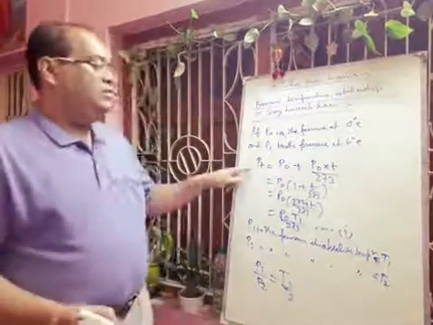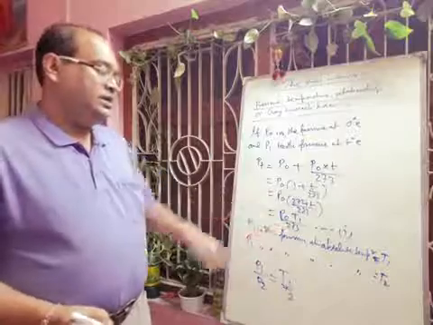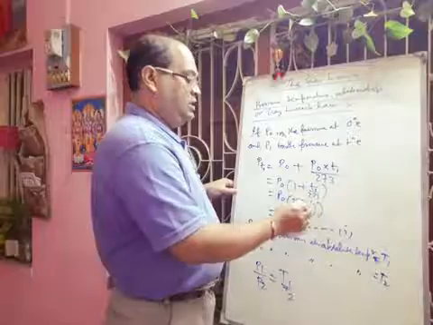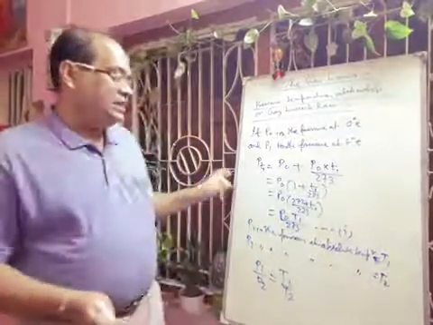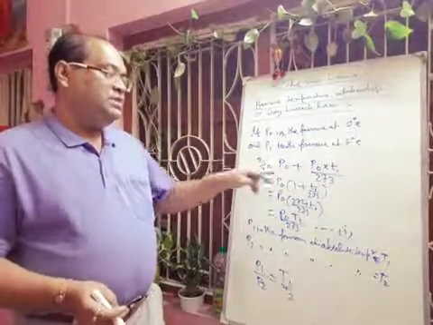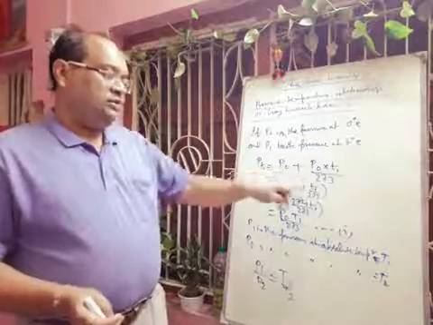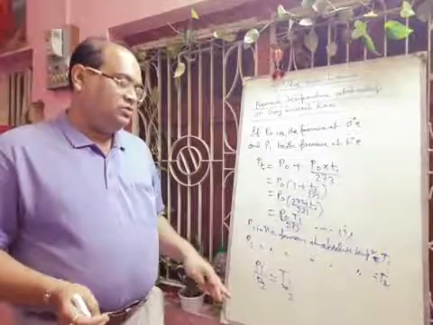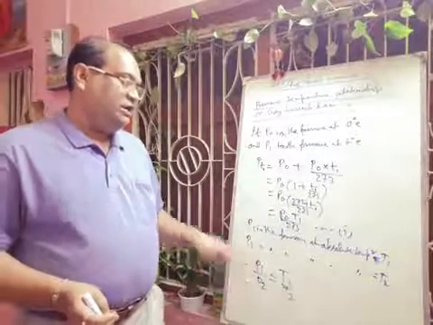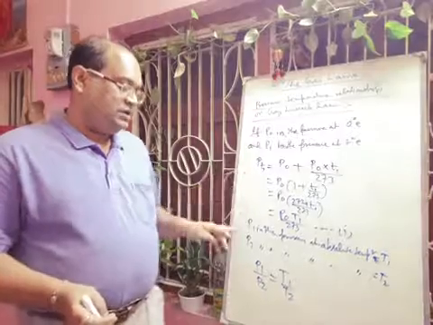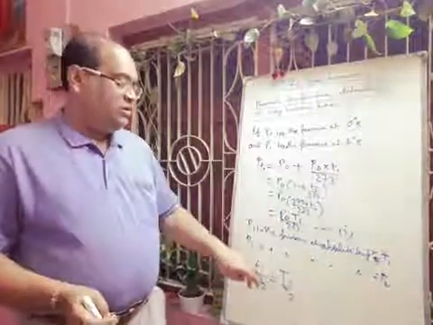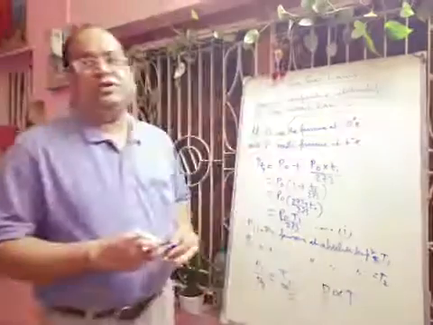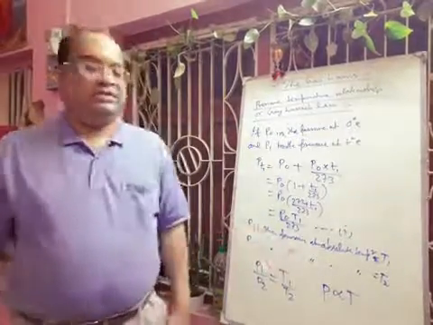From here we have already calculated Pt is equal to P0 into T1 by 273, and if we put here T1, then 273 plus T1 is a capital T1. At another temperature T2, Pt2 will be P0 plus P0 into T2 by 273, finally we will get 273 plus T2, that will be capital T2. Then if we divide 1 by 2, we will get P1 by P2 will be equal to T1 by T2. So from here we can write that P is proportional to T, when volume is constant.